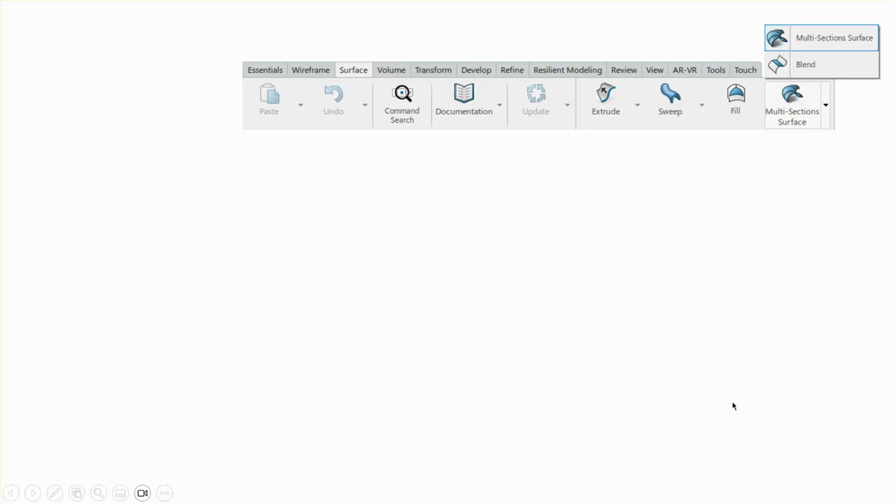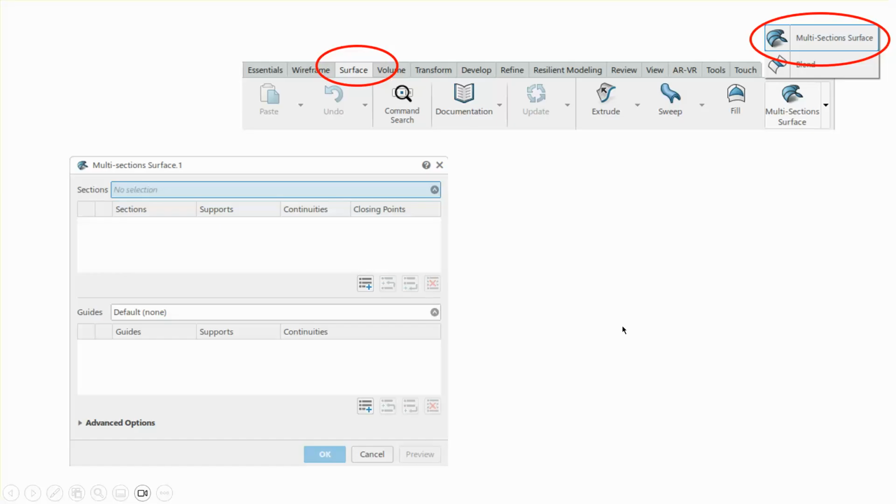Now, when you're in the generative shape design, the ribbon at the bottom of the screen looks like this, and there is a surface tab. We have already done the wireframe tab, but this is the surface tab. When you click on the surface tab, there's a pull-up menu, and it's got something called multi-section surface. Upon clicking on multi-section surface, this dialog box opens up, and notice that over here it says multi-section surface, and you have to make a bunch of